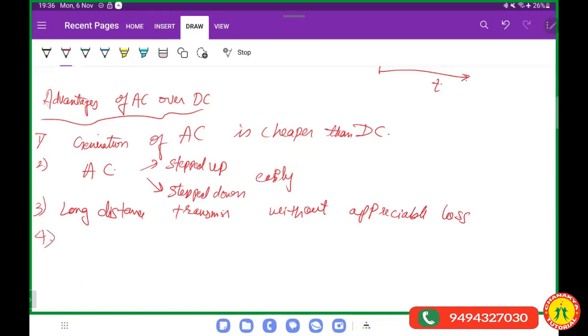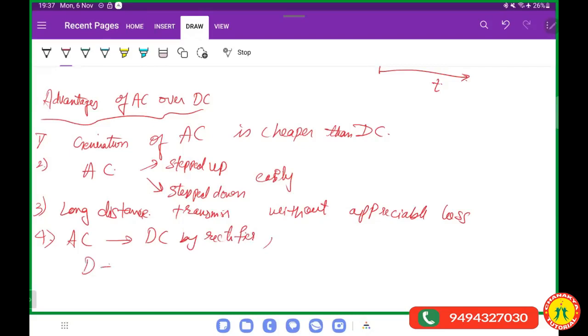What else we can say? One more point I'm looking for. Yeah, we can say this: conversion of AC to DC. AC can be converted to DC by rectifier,